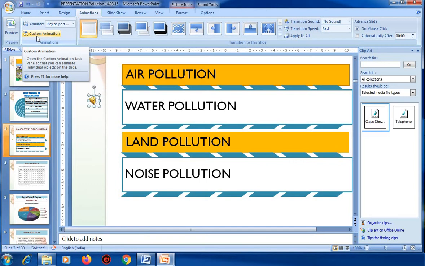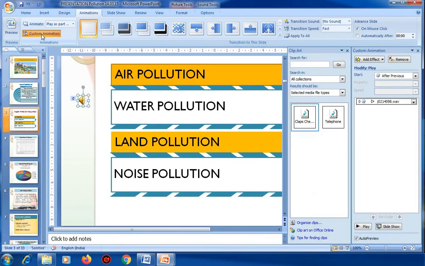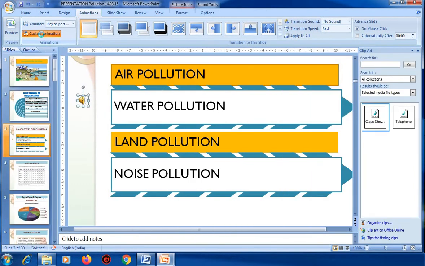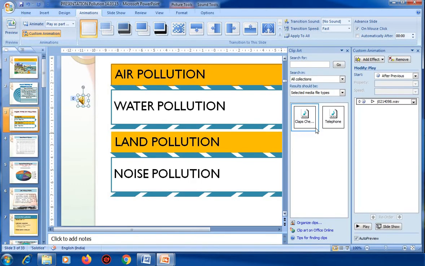After that, click the down arrow next to the highlighted sound file in the custom animation panel. Then select the Effect option in the drop down menu.